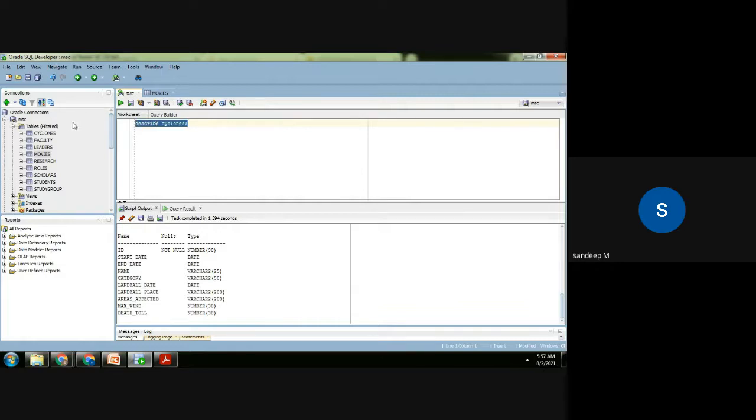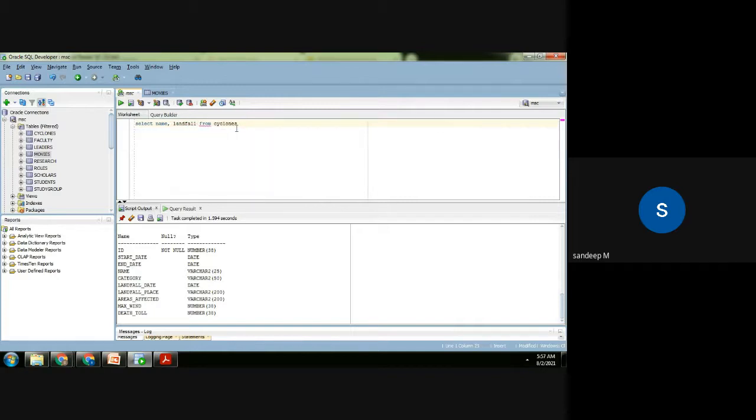Say, for example, let us find out the cyclone which has inflicted the most damage, where the most people have died. You can use select star from cyclones, but you're not interested in all columns. Say I'm interested only in the name and date.